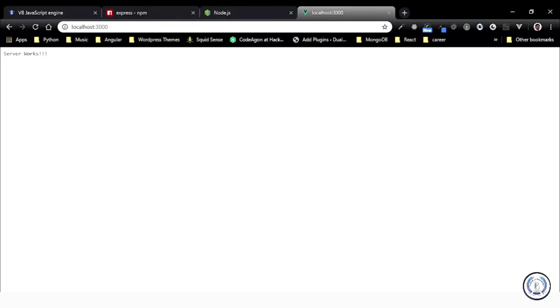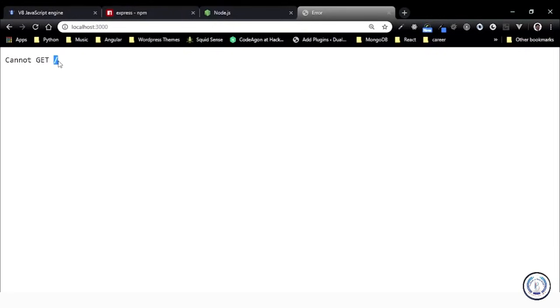And let's go into our browser and let's refresh. Now, this time around, when we refresh, you won't get that whole loading thing, but instead you'll get an error. And it says that it cannot get slash. This is actually not an error on the server side. The server is all okay. The thing is that we have not programmed our server in a way that it would address the GET request